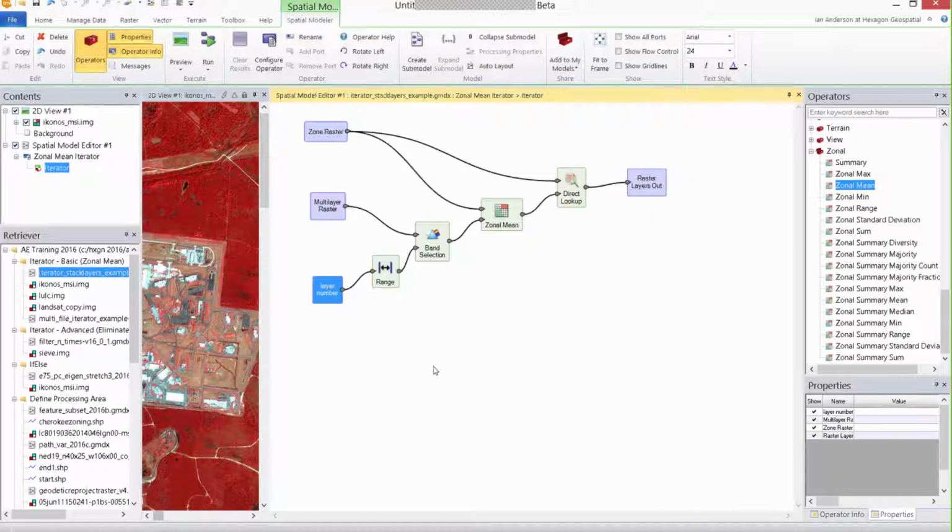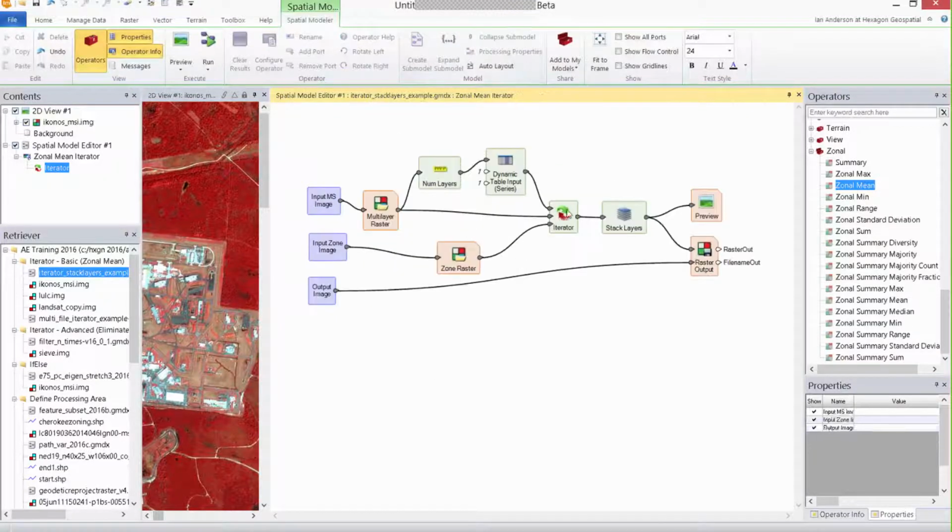and so on through that iteration until it gets to band 8 or however many bands the input data has, in which case it then finishes the iterations, and all those iterations go into a stack layers operator. So this is outside the iterator. The iterator goes through n bands, outputs those n bands, and stack layers stacks n bands. It doesn't matter how many you feed in, it will stack as many as you have fed through and produce